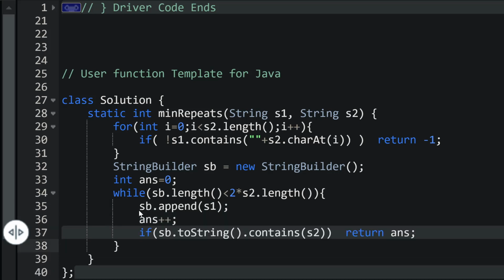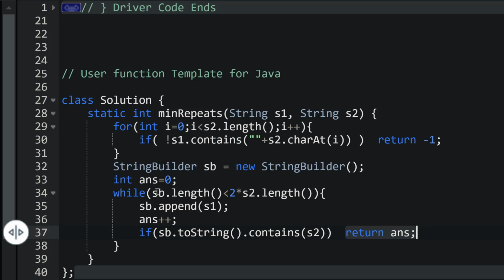We convert this sb into a string. If the current string contains s2, meaning s2 is a substring of our current string, then we just return the answer, how many times we needed to add.